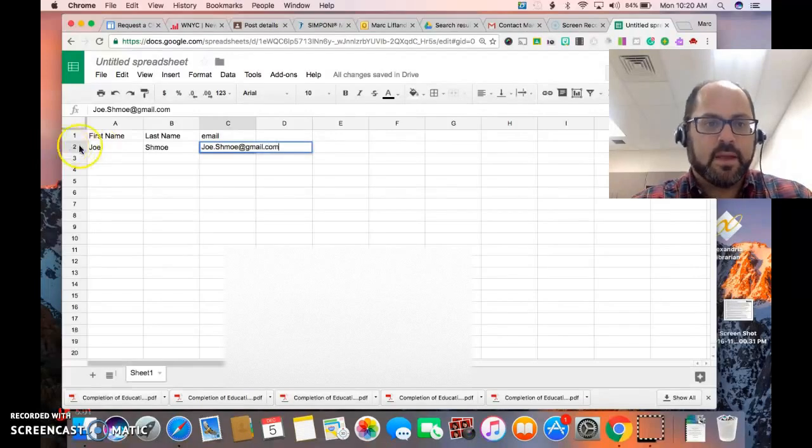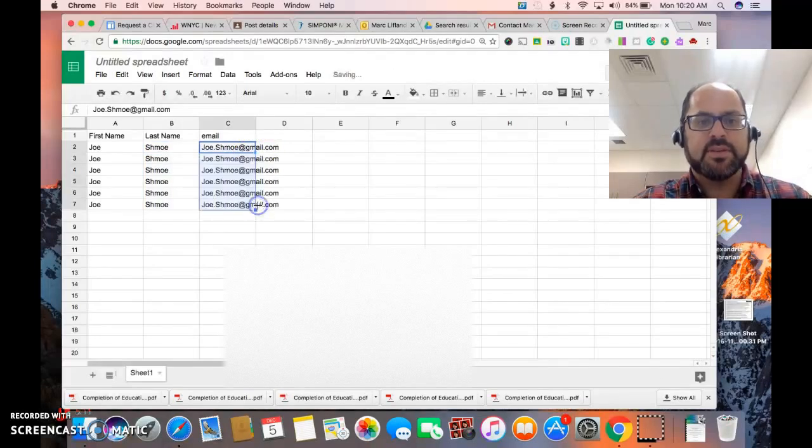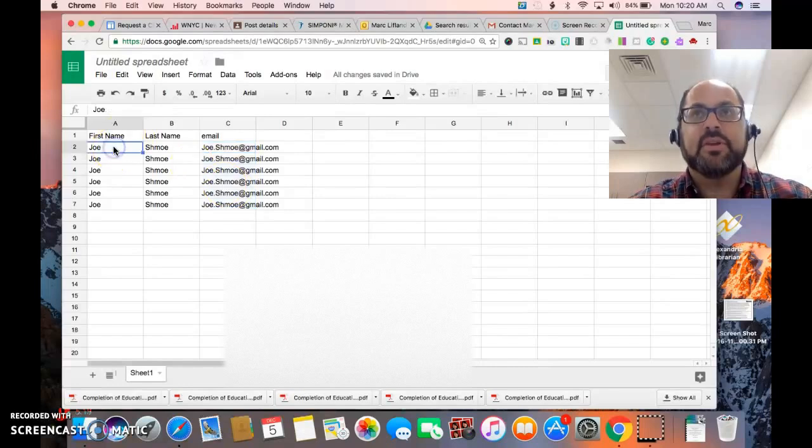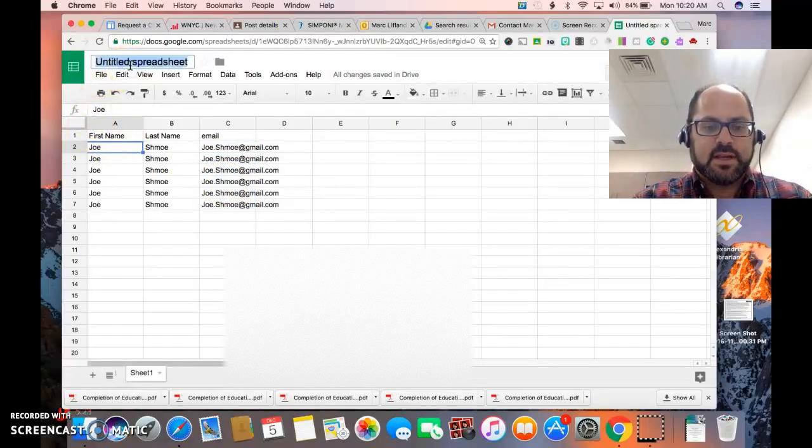Okay. And then, I'm just going to duplicate this just to show you that it's possible for you to continue adding more names. And the beauty of this is that hopefully you've found some way to keep a contact list, and you don't have to keep typing them over and over again every time you send every individual email. I'm going to save this